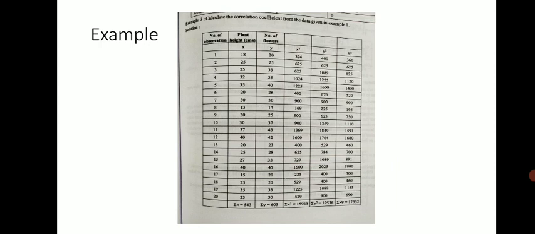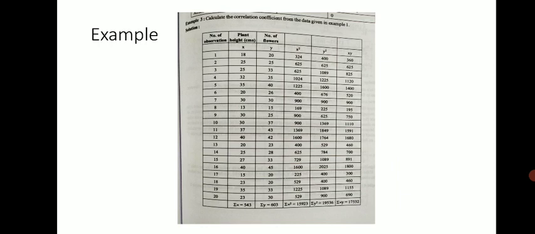If you see, the number of observations given in this series is 20, and plant height versus number of flowers, these two different variables are compared, to see whether there is any kind of relationship between them. Plant height is mentioned in column X, and number of flowers is variable Y in column Y. So these values are given.